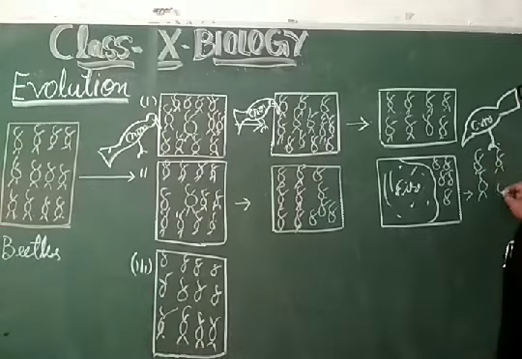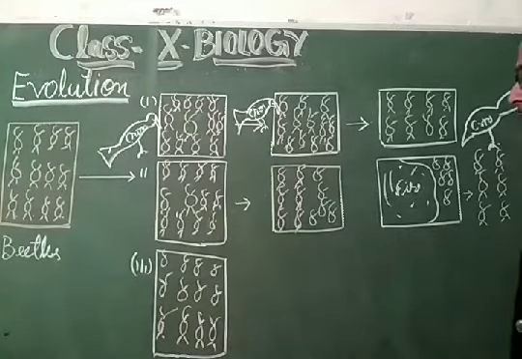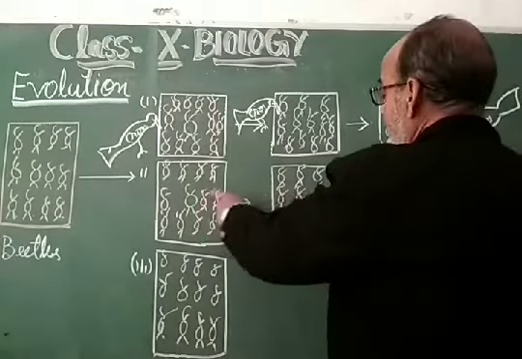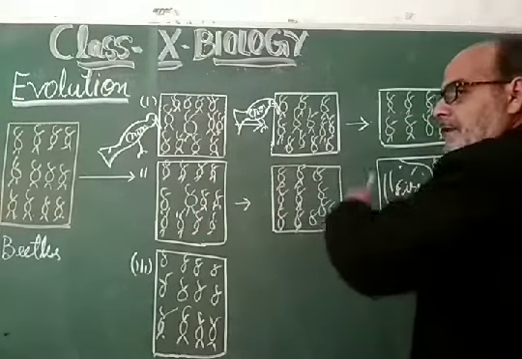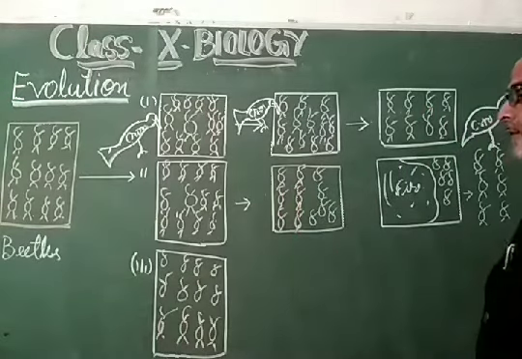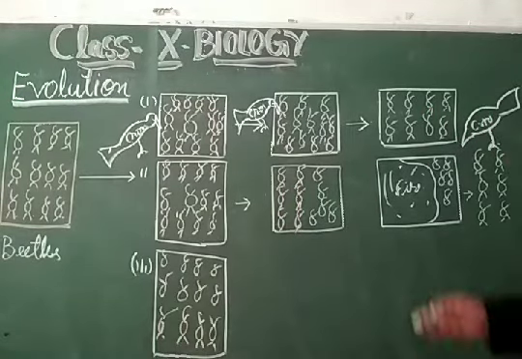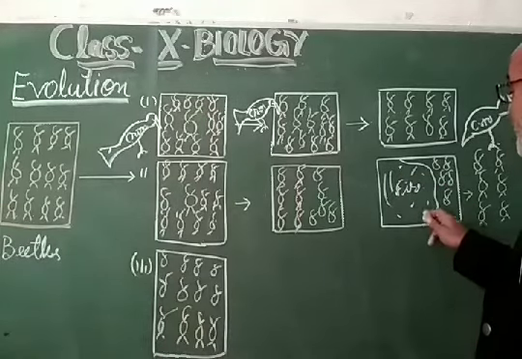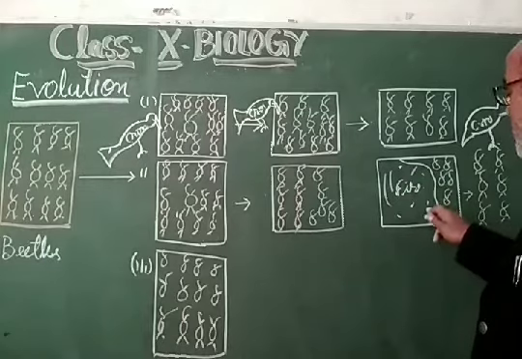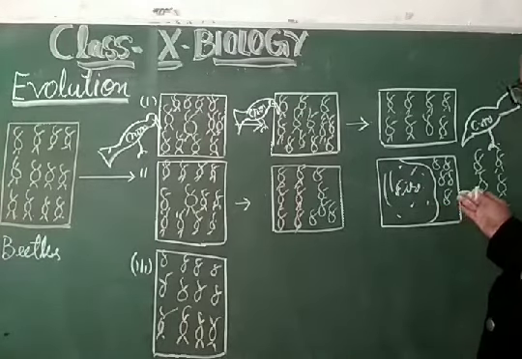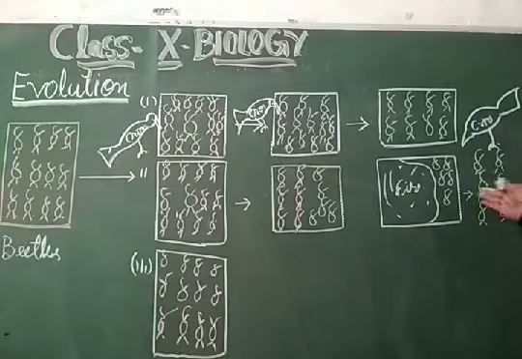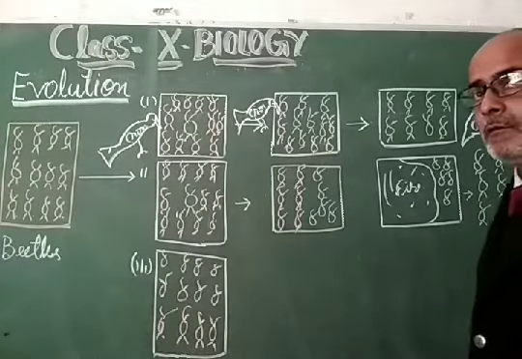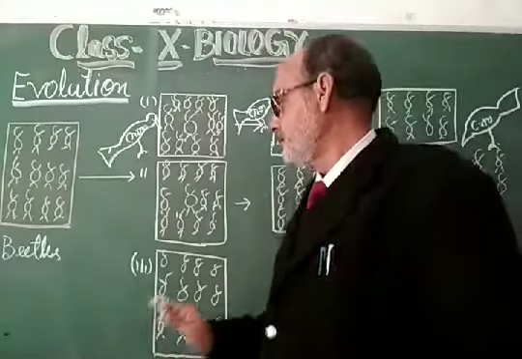They are produced by the green beetle itself, and the population of the red beetle gets lost in the second case. So dear students, in the second case there is a variant like the green beetle, and they are producing as per the norm, as per the rule. Then there is another type of environmental change, in which the red beetle population gets destroyed by a fire in that particular area, and only green beetles are left, and they produce their own species, their own type only, in the second case.